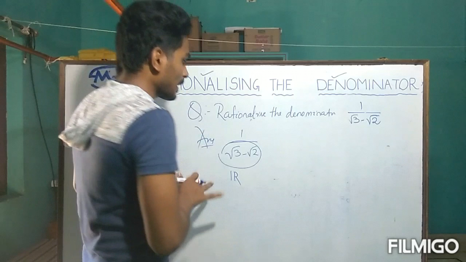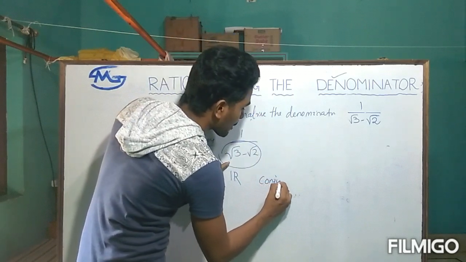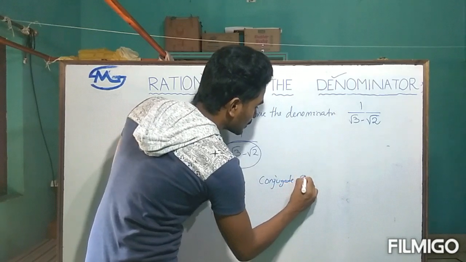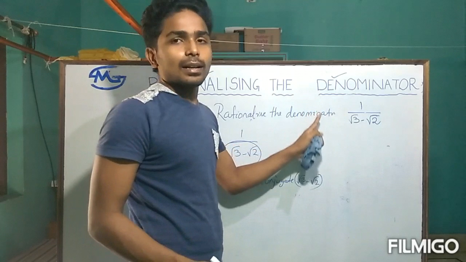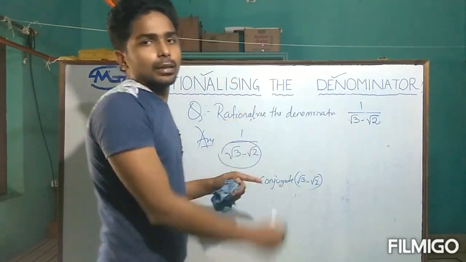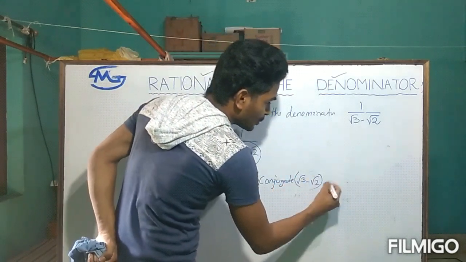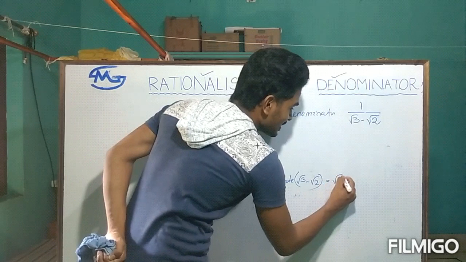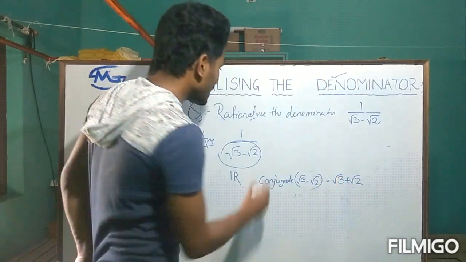How? At first we have to find the conjugate of root 3 minus root 2. Why? Because the denominator contains two terms. So in such cases we have to find the conjugate of the denominator. So what will be the conjugate of root 3 minus root 2? The conjugate of root 3 minus root 2 is root 3 plus root 2. Then the next step